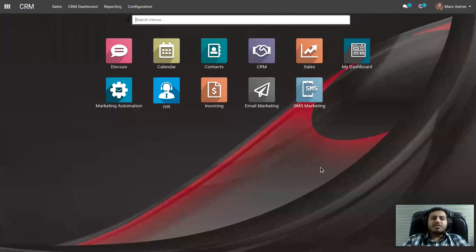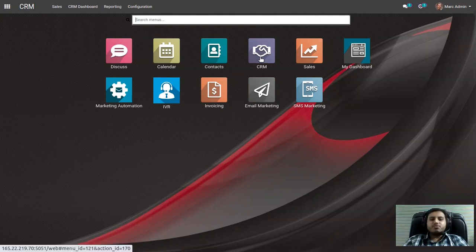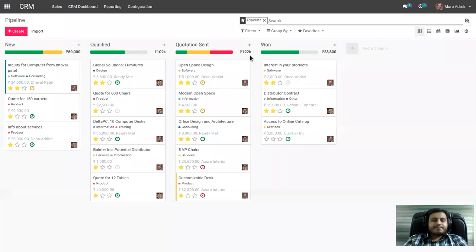So this is the home screen of Technovative CRM, where you can see all the departments. Now let's move to the CRM directly. So here you can see the sales pipeline. This is the individual view of each and every salesperson. So whenever your salesperson logs in, he can see only the leads which belong to him, which he is doing the follow-ups for. So he is able to see only his own sales pipeline, right?